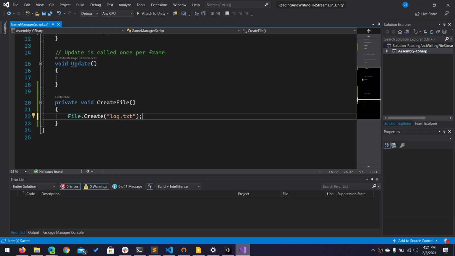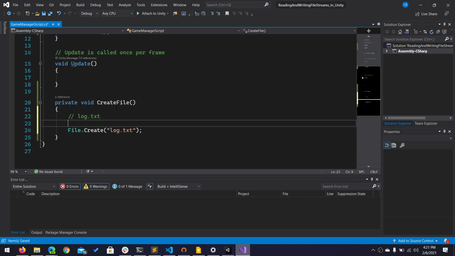Now, there are two kinds of ways you can go ahead and give it the path to the file. You could go ahead and give it this, okay? Or I could be specific and say things like, users, Chris, log.txt. Okay? Now, this is the fully qualified path. Okay? This right here, I'm saying I have a specific location I want this